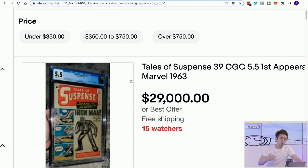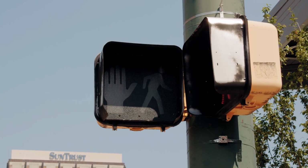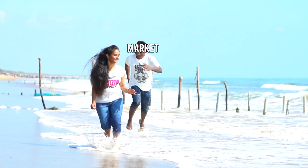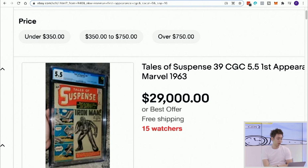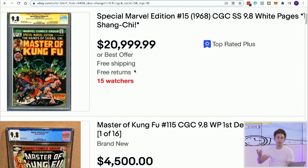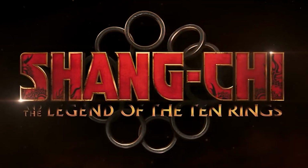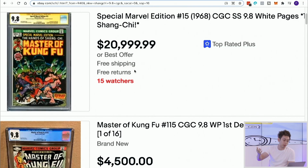And because of that, what if you could be there waiting while the market approaches this eventuality? Okay, so what does this mean? Well, let's take a look at Shang-Chi. Shang-Chi is a movie that Marvel is coming up with, probably to attack the Asia market with this first Chinese superhero. So probably they want to be able to